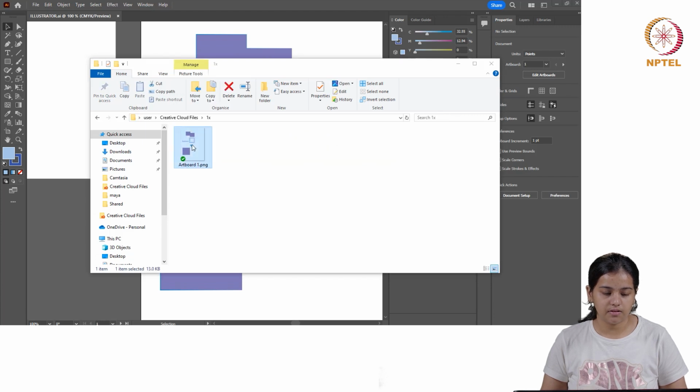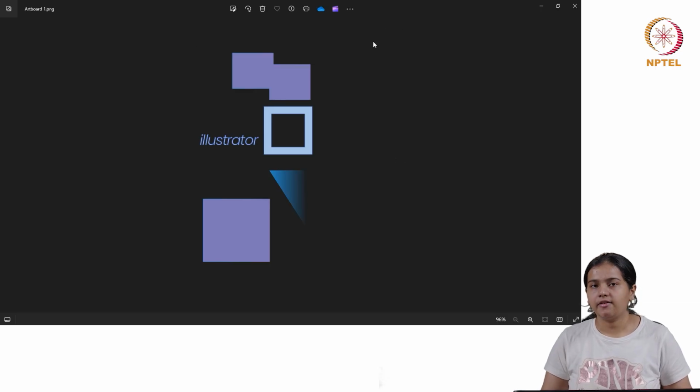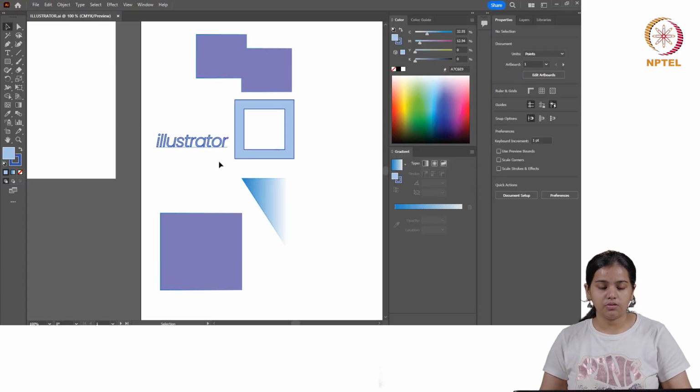This is the design we have exported from Illustrator without the background. You can also choose to have a background by simply checking that option while exporting.